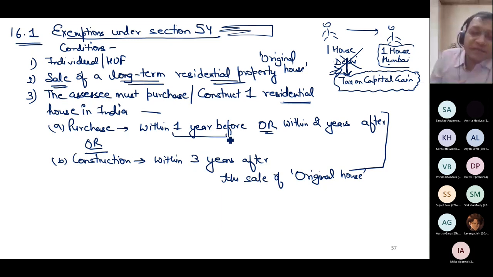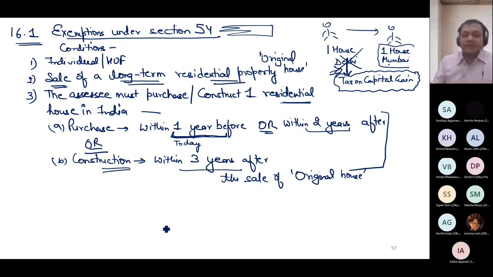Why is this 1 year before limit given? Because many times it is possible that today, as an individual, I think the property prices are less. After 4 or 5 months, the property price might rise. In that case, I can take a decision that today I want to purchase, and after 4 or 5 months, when the rates rise, I will sell my house. So even 1 year before is covered, or within 2 years after. For construction, nothing is before. It is only within 3 years after. If these three conditions are satisfied,